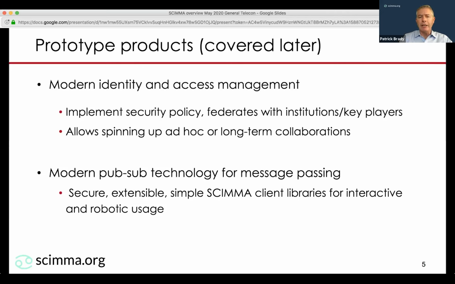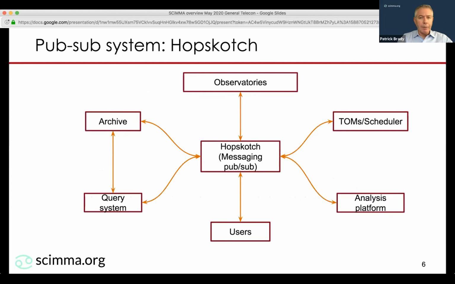But as we try to scale out the types of messages that are passed, the speed at which we want them to be passed, the reliability, and other things, there really is a need for a better publish-subscribe system. So we've got a prototype of that we'll say a little bit about today, but later on we'll tell you more. So the pub sub system, we're calling it Hopskotch.